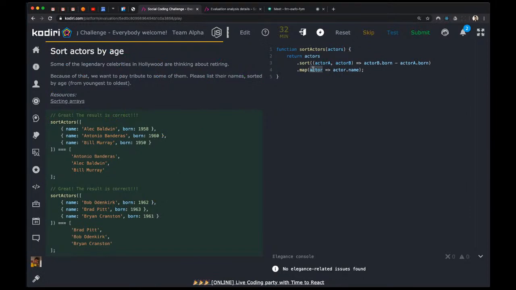Can I destructure the actor? Come on, we've done it like 45 times, Max. You should know that. Like that? What else? That's correct. Like that. So if we run it,